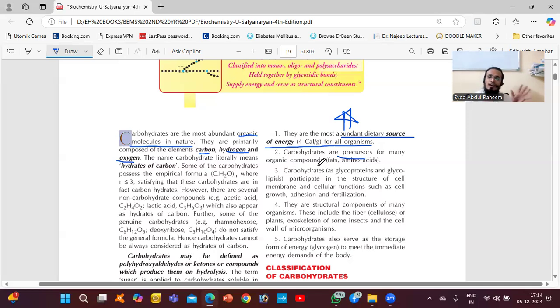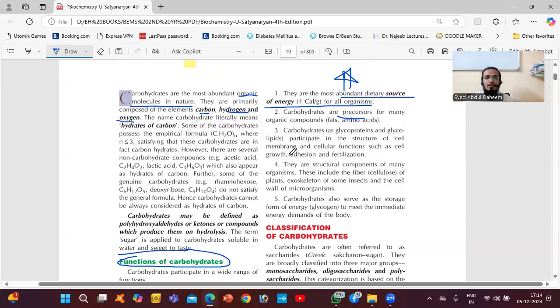Basically, they are carbohydrates, but later on they can change into fat, other lipids, etcetera. So they need carbohydrates as well as their precursors. So first thing is that every organism needs carbohydrates as the energy source. If we don't take carbohydrates, what will happen? We don't have proper energy, because carbohydrate is very important to the production of energy in the cells.